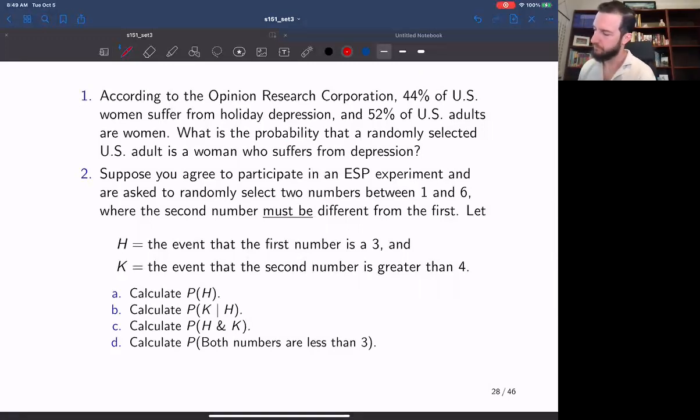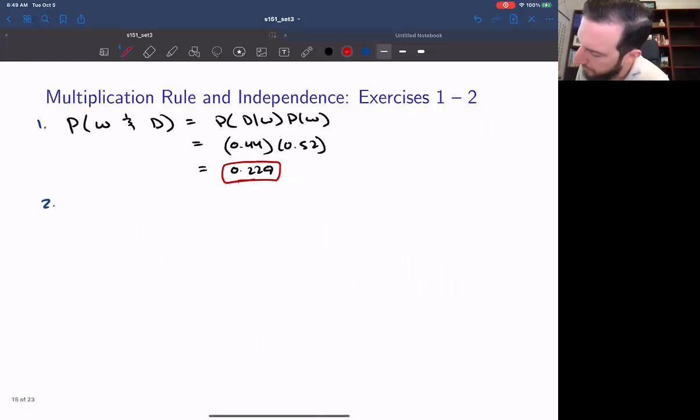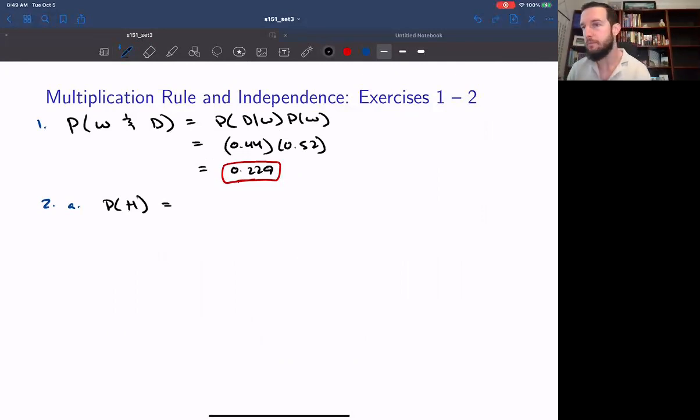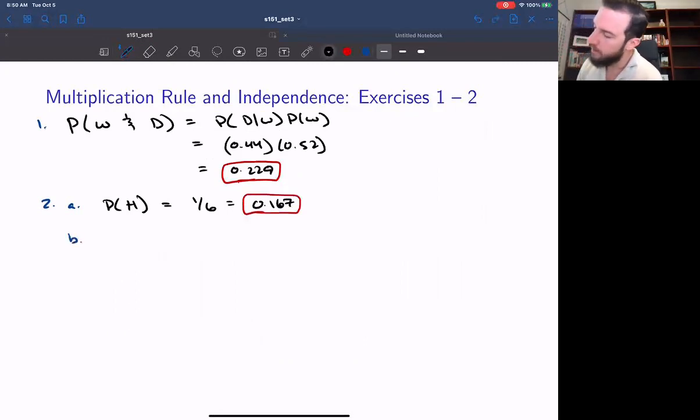Okay, so we have this ESP experiment. You're asked to randomly select a number between 1 and 6. The probability of observing event H, which is the probability that you select a 3, is going to be 1 out of 6, which is 0.167. In part B, it asks, what is the probability of K